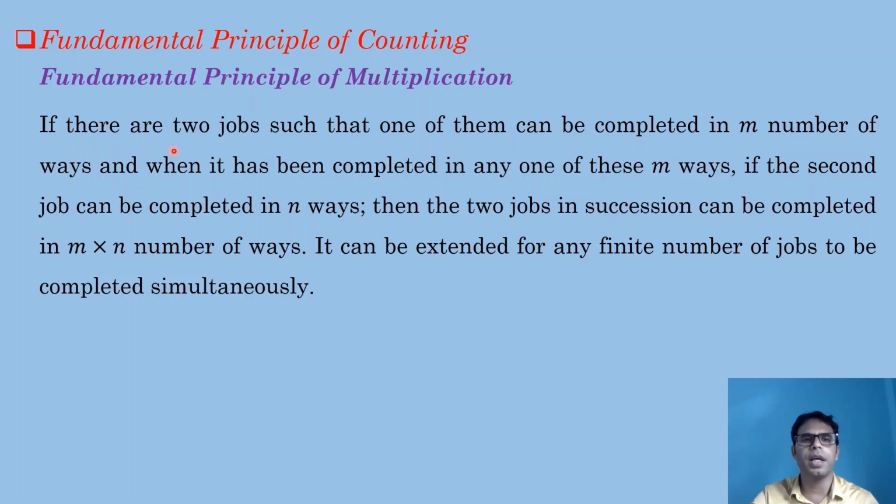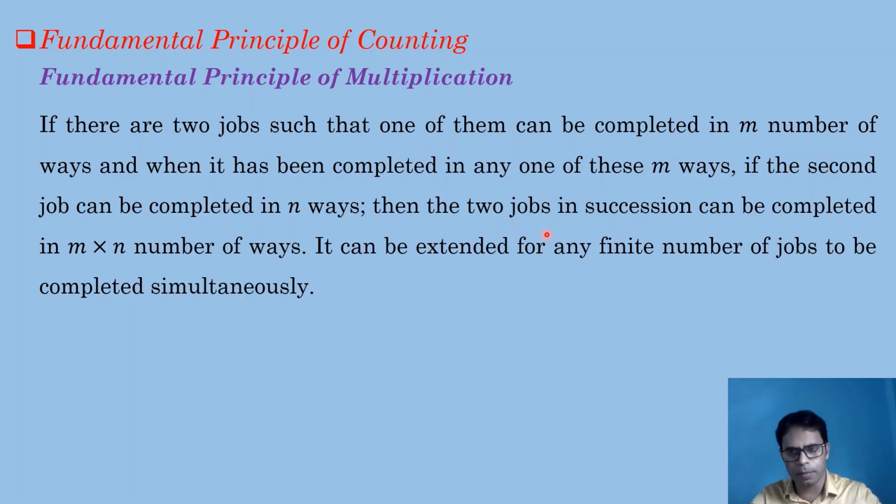If there are two jobs, I mean two tasks to be completed, such that one of them can be completed in m ways, and when it has been completed in any one of these m ways, if the second job can be completed in n number of ways, then the two jobs in succession,